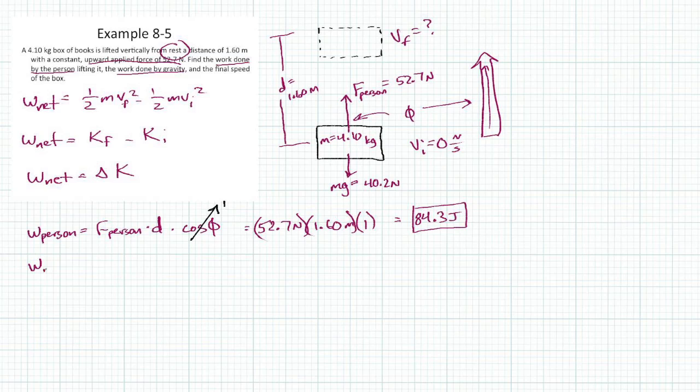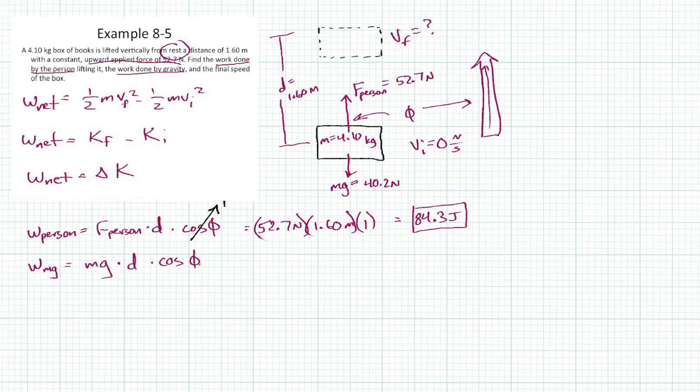Work done by, and instead of writing gravity, I'm just going to write by mg. Work done by gravity. What is that? Well, that would be the mg gravity weight force that we've been referring to. That's the force right there of 40.2 newtons times our displacement, right? Times a cosine